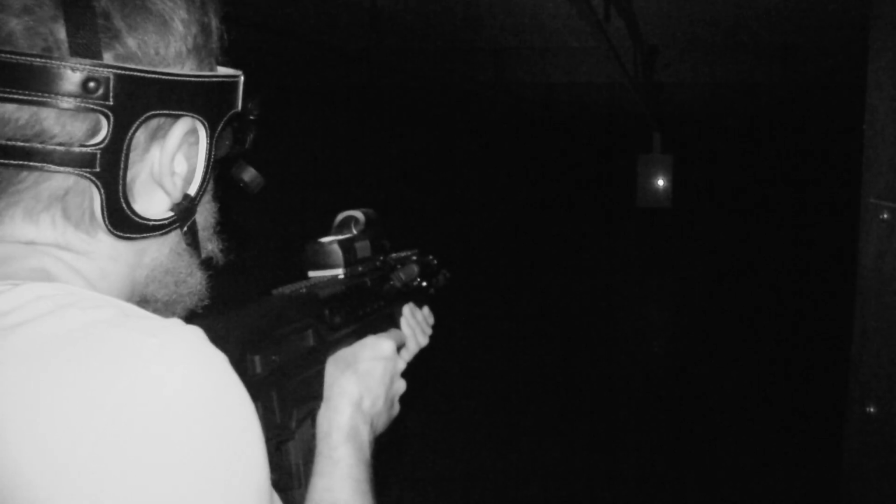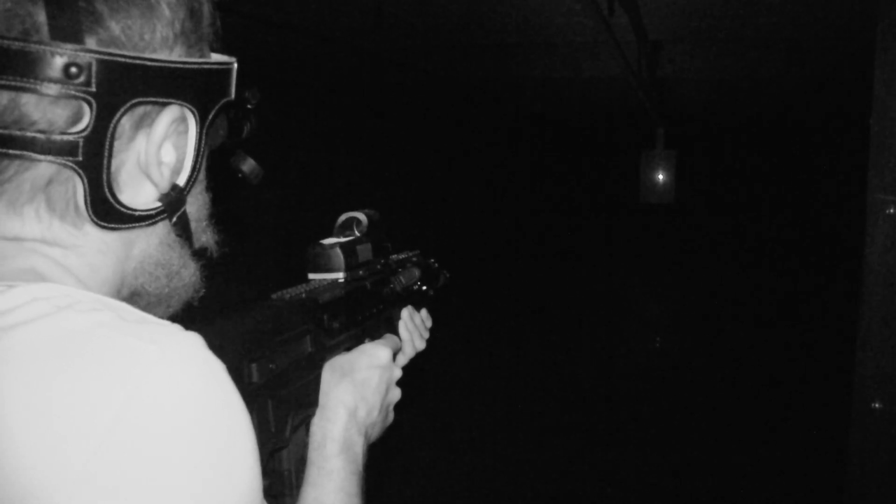Now looking further out, what I see is actually pretty good. I can have a fairly wide field of view. I can see the entire range out there. I can see from left to right pretty easily. Now when I bring the Tavor up, I'm going to go ahead and adjust my focus here one more time. Now you guys will be able to see this dot too, but this dot is not visible to the naked human eye. Now you can see the dot out there. This is being emitted from the MOR sight. When I flip the gun to fire,